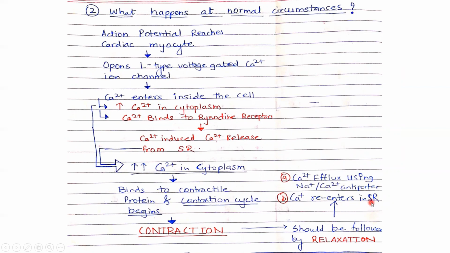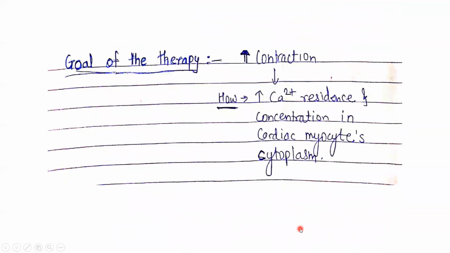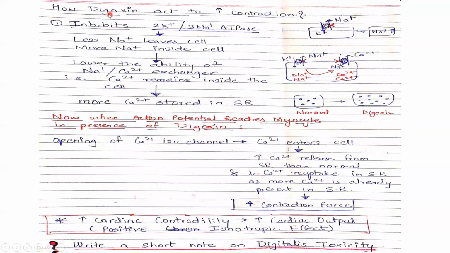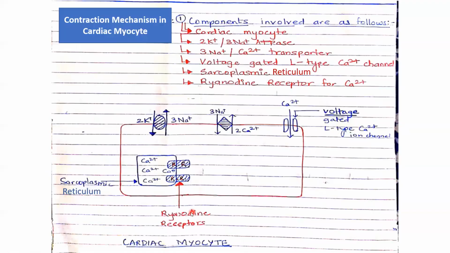Sarcoplasmic reticulum, how will I manipulate? That's a different story. But what if I manipulate something which is affecting this? What exactly happens is, digoxin, when present in the body, what does it do? Digoxin acts on sodium potassium transporter here. You recall? Digoxin acts here. Sodium potassium transporter. So what happens when digoxin comes? Blocks this. Now what will happen as a result?